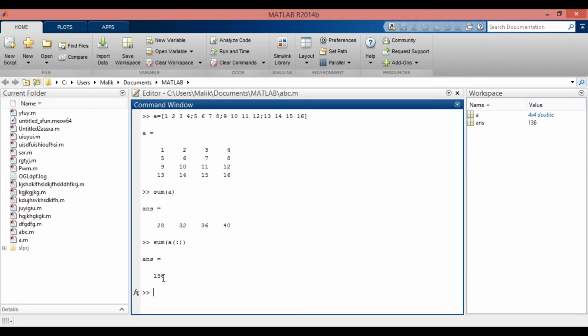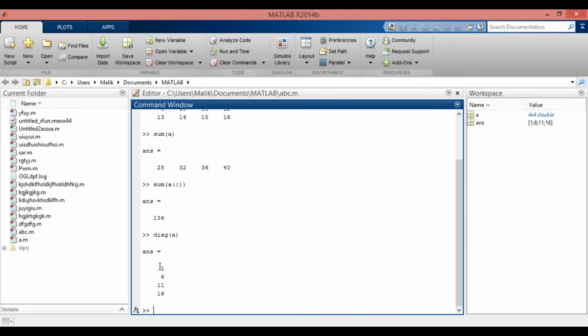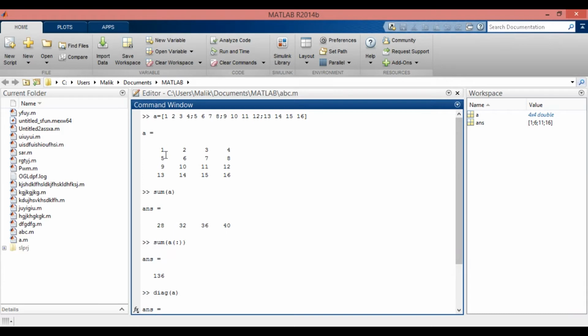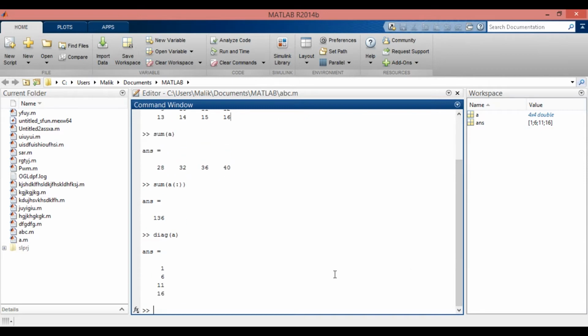And the next command is diag A, and then press enter. It will basically show you the diagonal values of a matrix. Here we can see the diagonal values are 1, and then 6, and then 11, and then 16. So the diagonal values will be shown in the form of a single column.